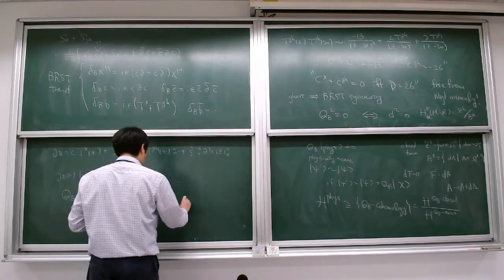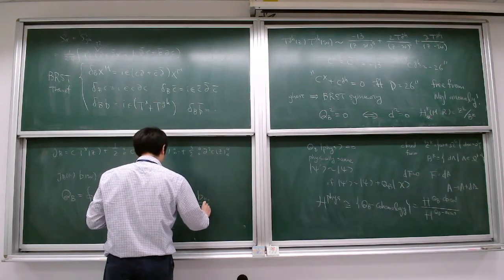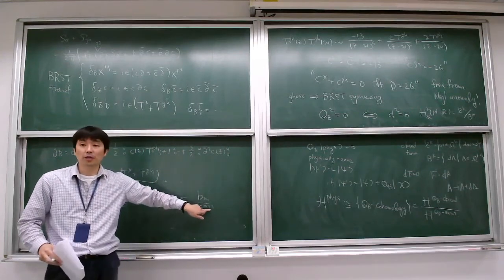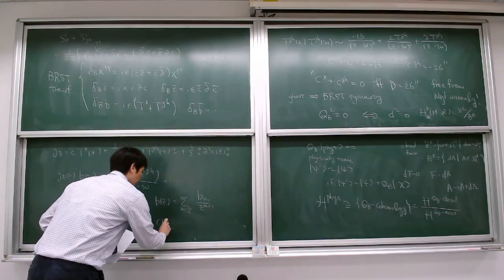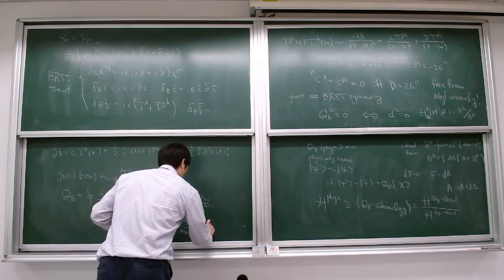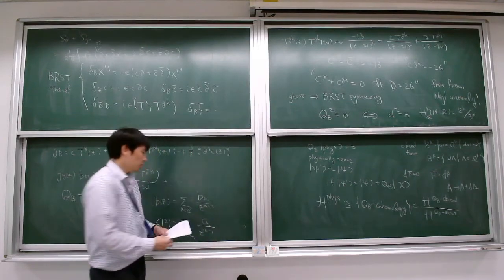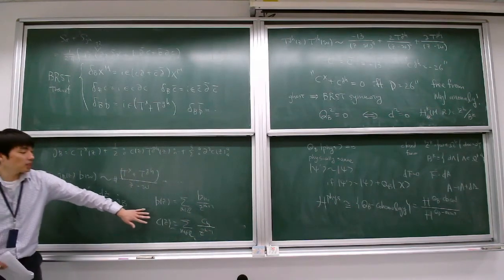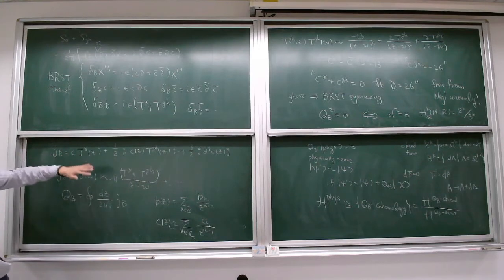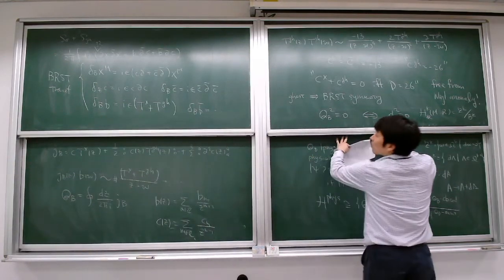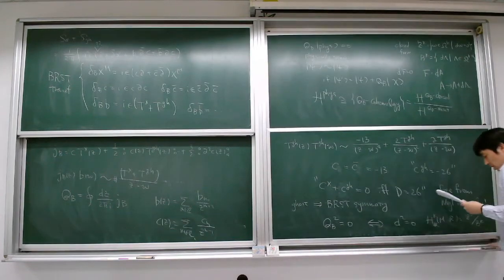If you do the mode expansion of the b field, this plus 2 really comes from the conformal dimension, and the c of z also does the mode expansion in a similar way, c_m z to the minus m minus 1. So this minus 1 really comes from the conformal dimension. Plug this into here and perform the contour integral, and then at the end of the day, what you will get is